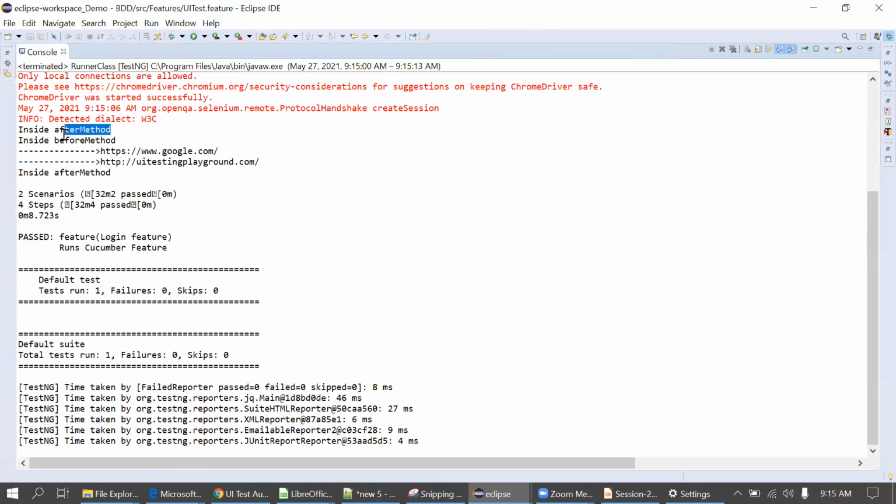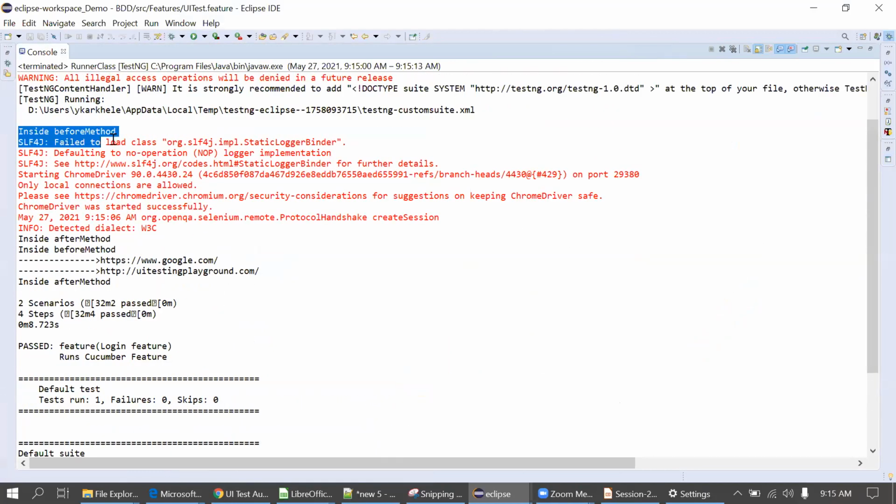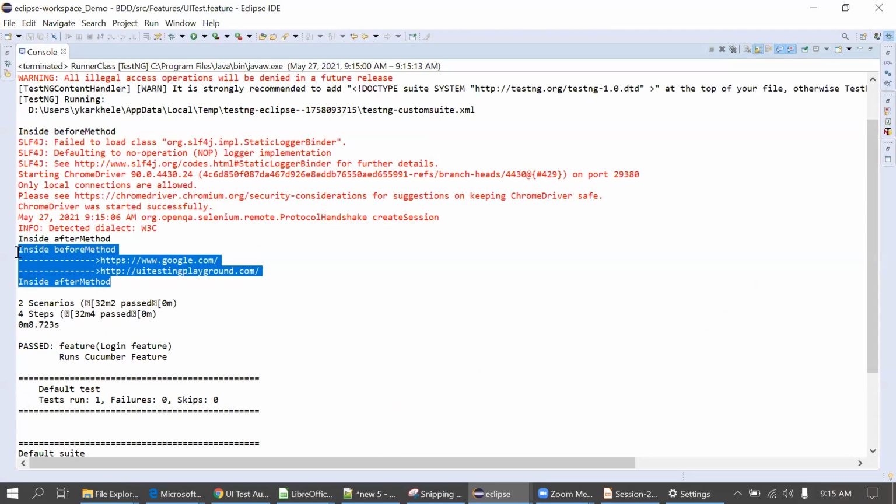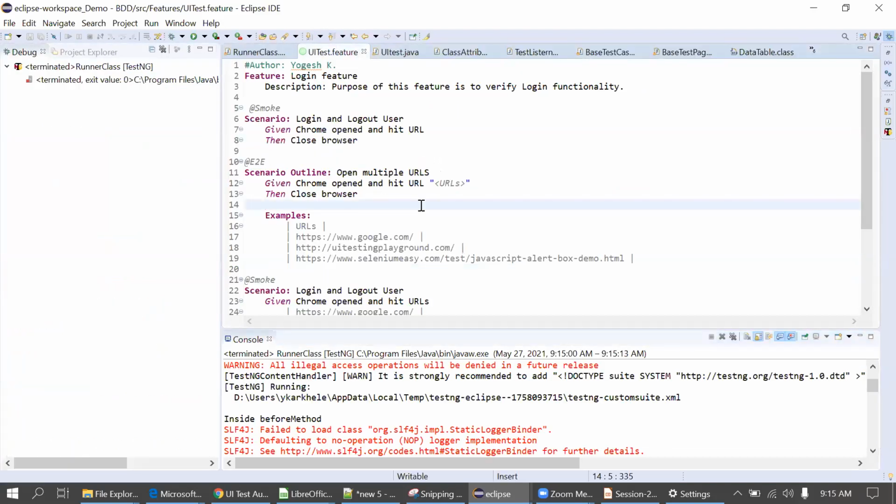So you can see this before method, then after method, one scenario got executed here, and then the second one here. So we can include a tag here if we want. This is the tagging, we can say.